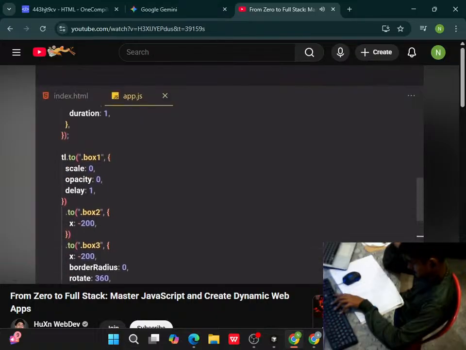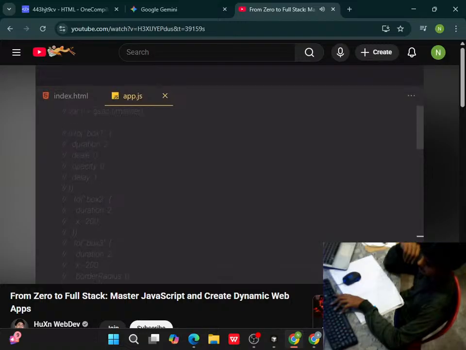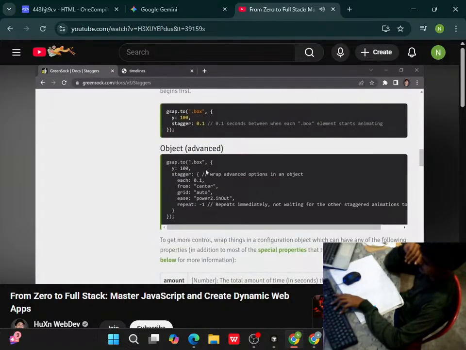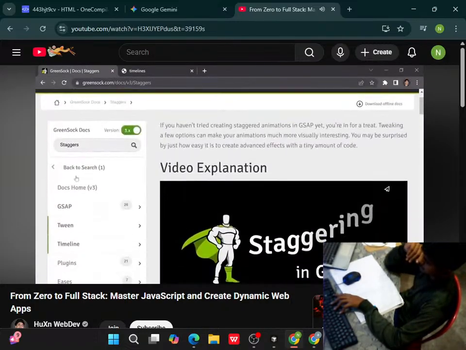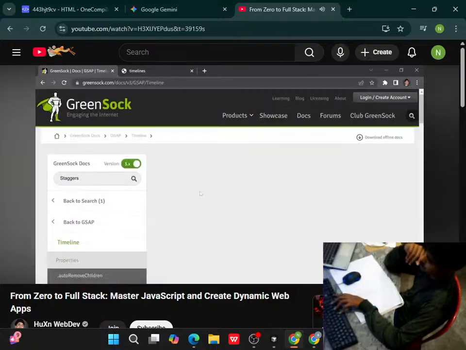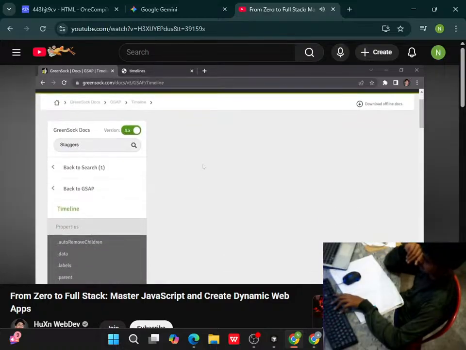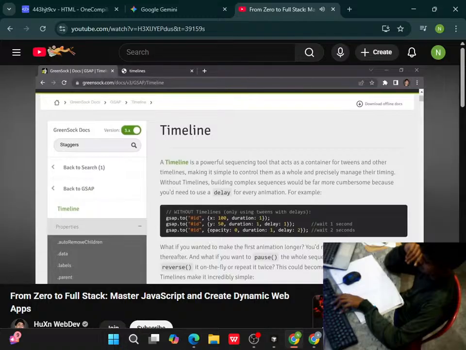Okay, so this is how you can refactor your code into the timelines, and you can learn more about timelines if you want to. So here you will find, okay, so we have a timelines, and you can do crazy stuff with this timeline. So a timeline is just a powerful sequence tool that acts as a container for tweens and other timelines, making it simple